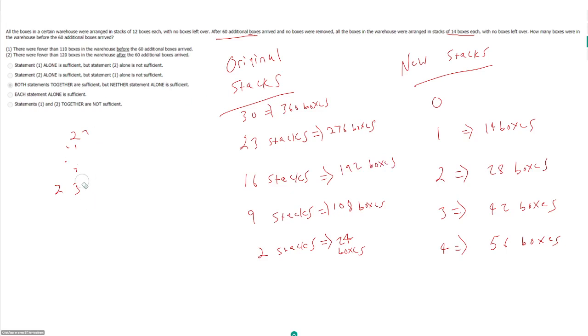So like I said, if you can find a quicker way, or if you can do what we did here sort of quickly, that's really your best shot for getting this. So statement 1 says there were fewer than 110 before these 60 boxes arrived. And so that means we could either be here where we had 108 boxes, or here where we had 24. So this should be insufficient,